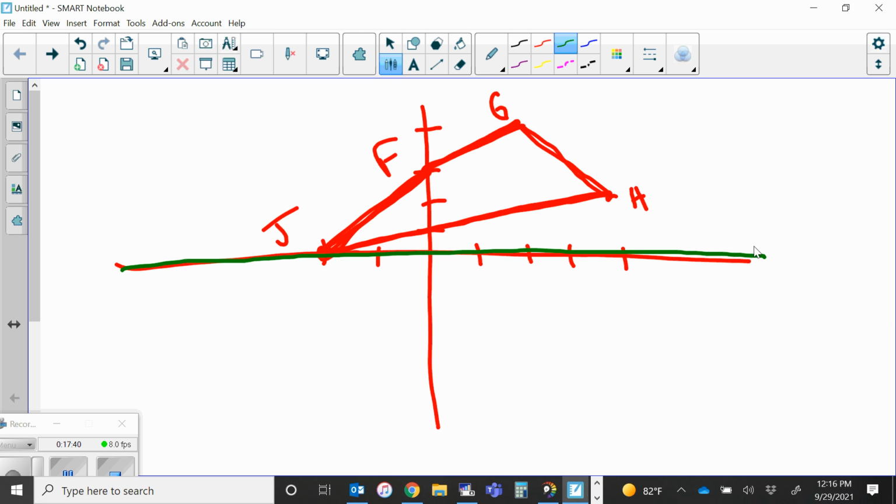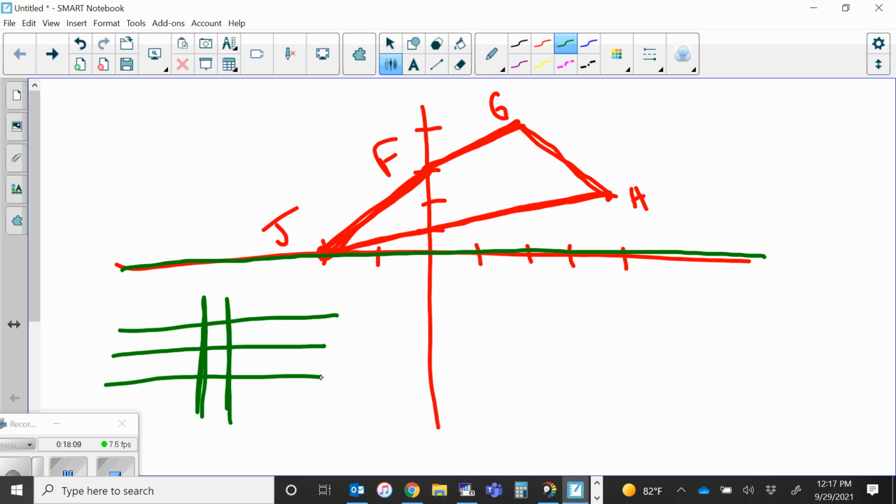Hopefully it's not taking you that long. Remember, you won't need to do much for this one. Since I'm reflecting over the x-axis, what do I know about all vertical and all horizontal lines? What do they intersect at? What kind of degrees? 90-degree angles. So does that mean I can just